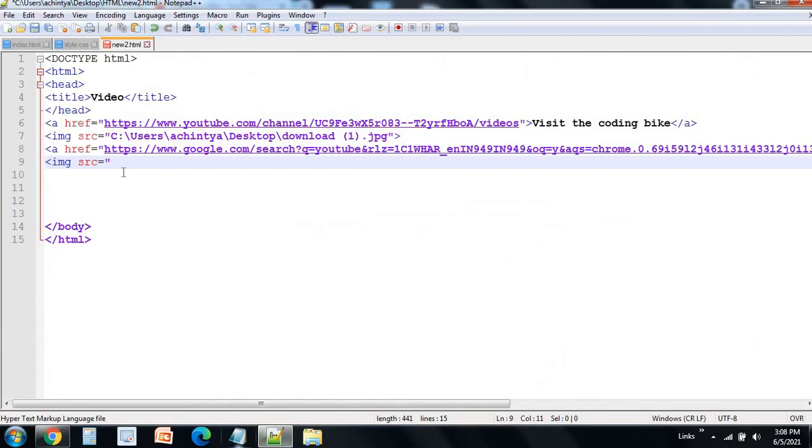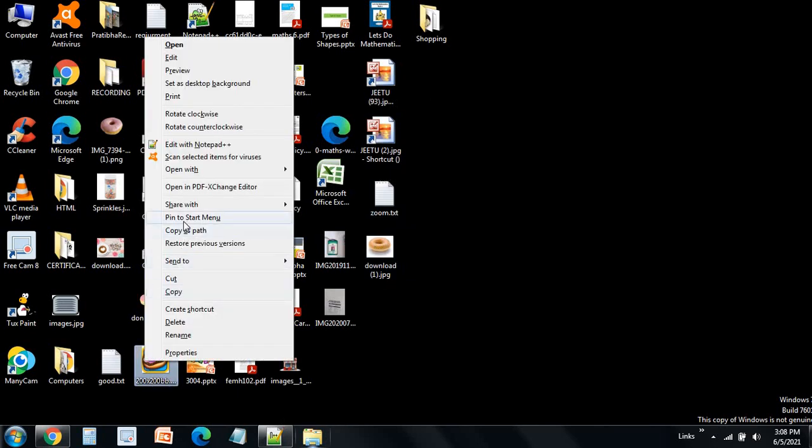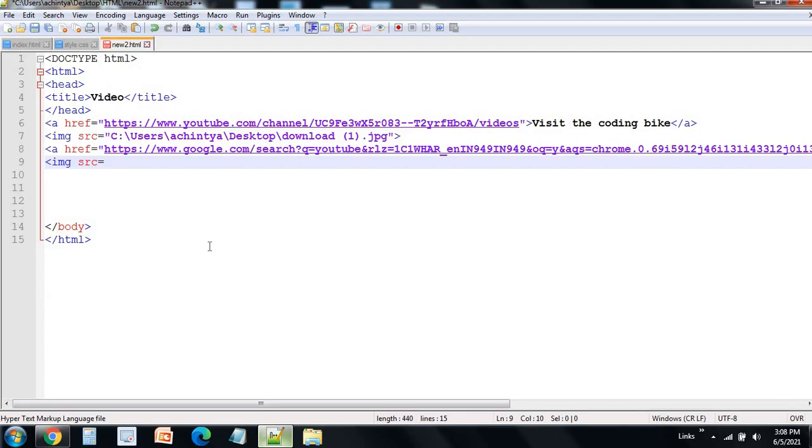A lot of people make the mistake of adding an extra double quote. You're not supposed to add a double quote when you're inserting an image, because if you do, it is going to insert one more double quote. For example, I take this image, copy as path. Now you notice that it has already taken the double quotes automatically.